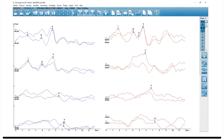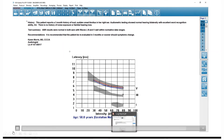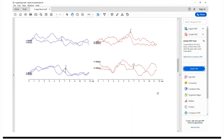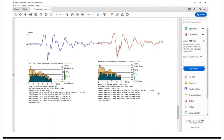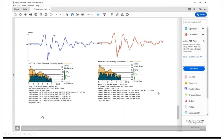I'm also going to go to page 3. That's where I have my TE results right there on the screen, and page 1 is where I have my test summary and my latency intensity function. This is what the report looks like, page 1. Page 2 are my waveforms, and page 3 has some details there, and then the last page is my TE. So here you can see how you can combine ABR and TE-OAE in one